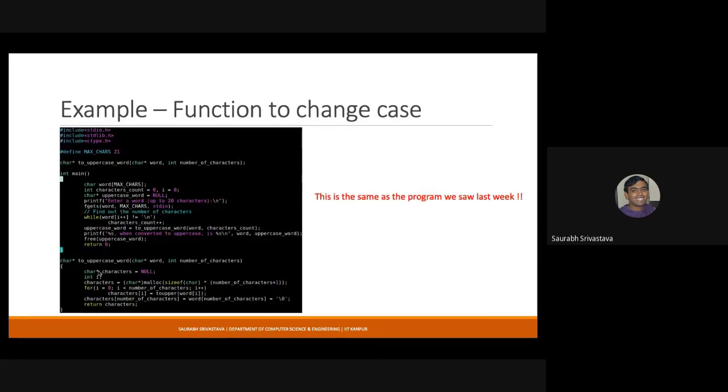This is a simple function, to uppercase. The return type is char asterisk, and it takes two parameters, char asterisk word and int number of characters. Now you would know what happens when you use asterisk. We'll have a look at it, but basically this is a typical example of a function.